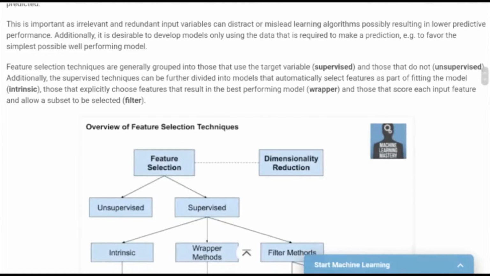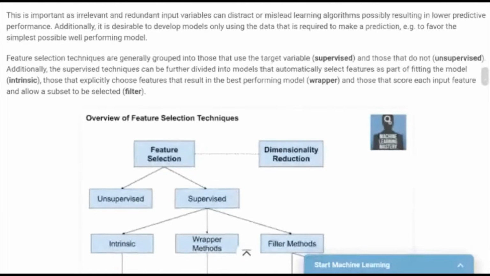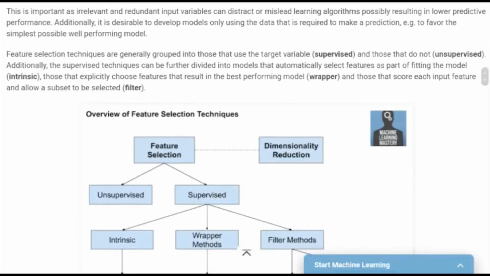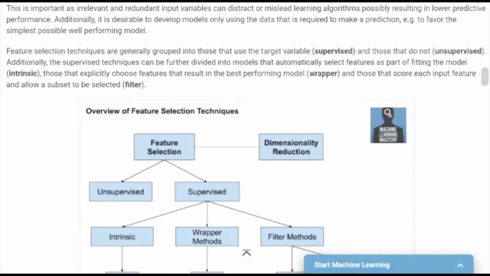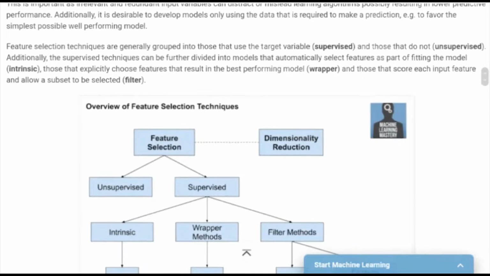This is important as the redundant input variables can mislead or distract the learning algorithm, and it will result in lower performance in the prediction of the output of the model. So it is desirable to develop a model for only those data values in which we will have the better performance.